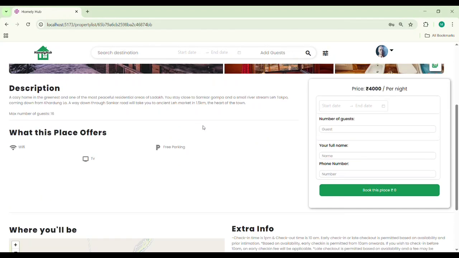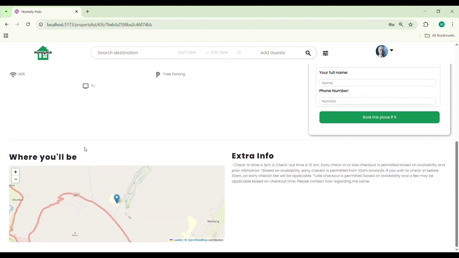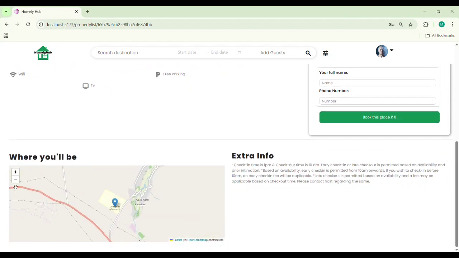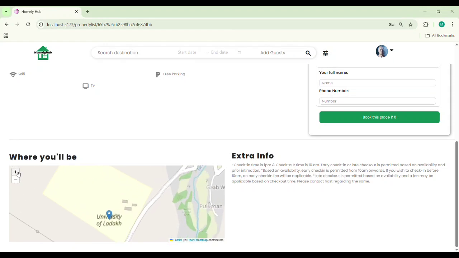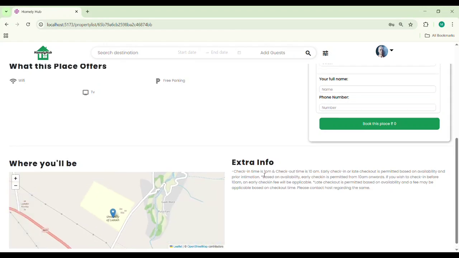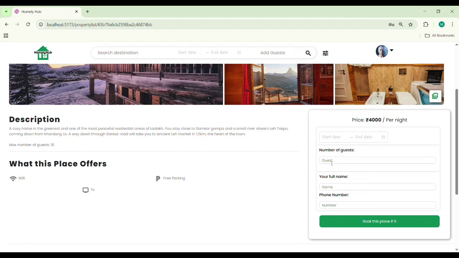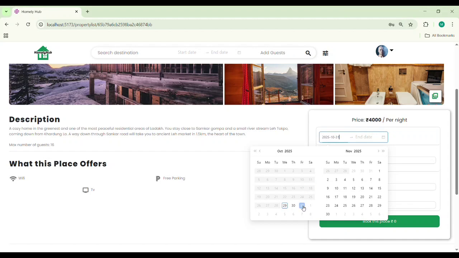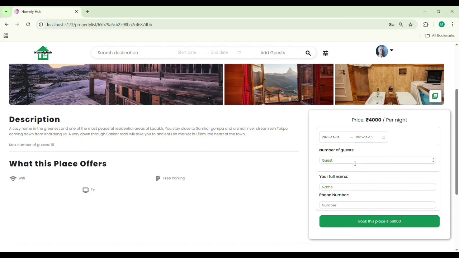and the description, what it offers, the location where it is exactly located, and the extra information. Now let's book this. The price of this place is 4,000 per night, and we want this place from, let's say, November 1 to November 15,